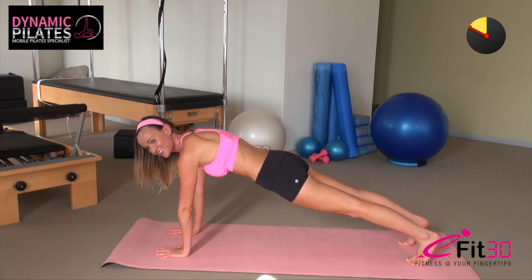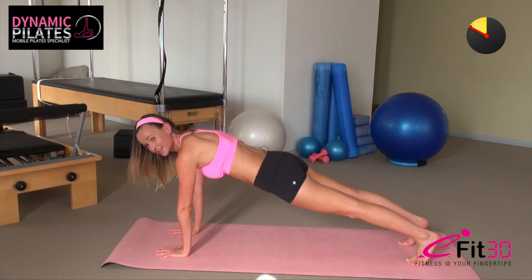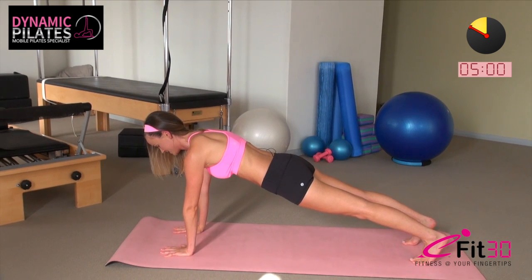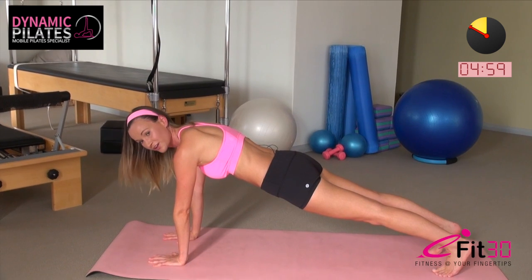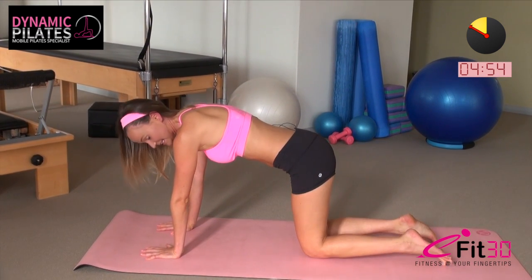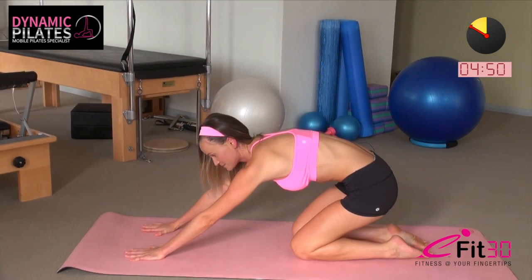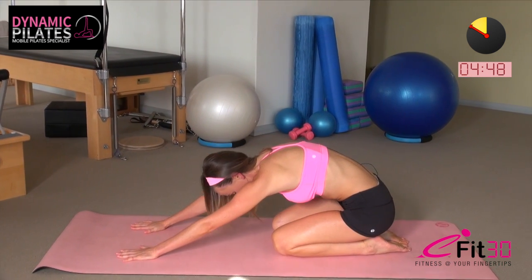Keep breathing. It's the last one. Few more breaths there. Brilliant. Release the right knee back down to the mat. Release the left knee back down, untuck the toes. Just going to sit back into a rest position now and just release